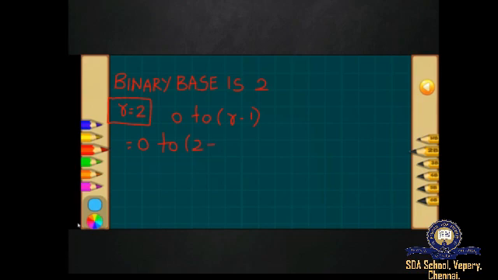What are the 2 different digits? We are going to find using the formula. What is the base value for binary? Yes. The base value for binary is 2. Now r equals 2. We are going to substitute r equals 2 in the formula, that is 0 to r minus 1. In the place of r we substitute 2, that is 2 minus 1, 0 to 1. We don't have any number other than 0 to 1.